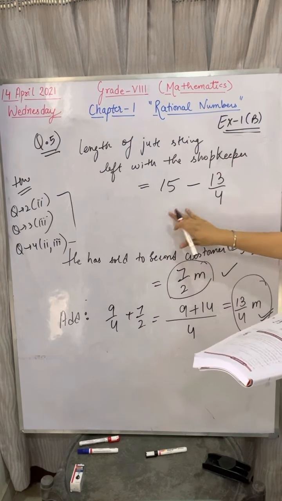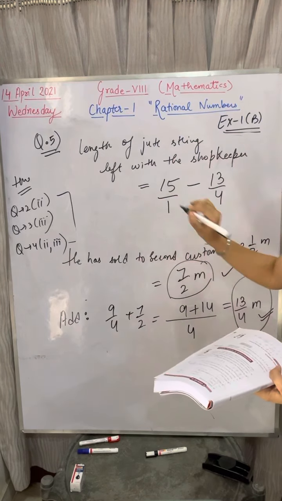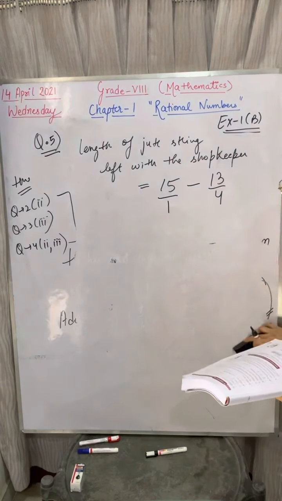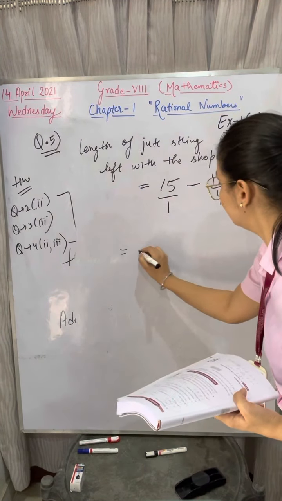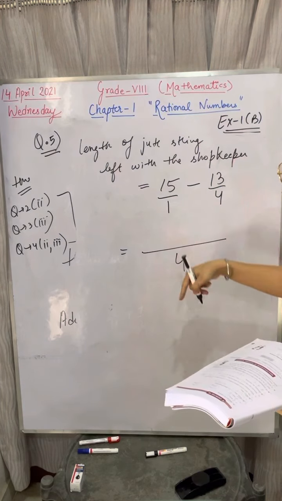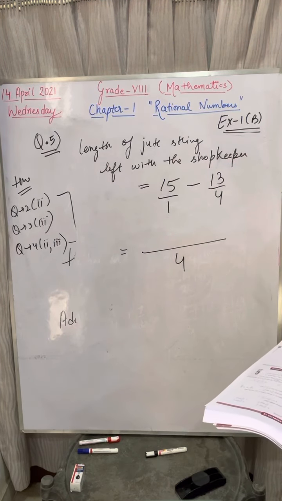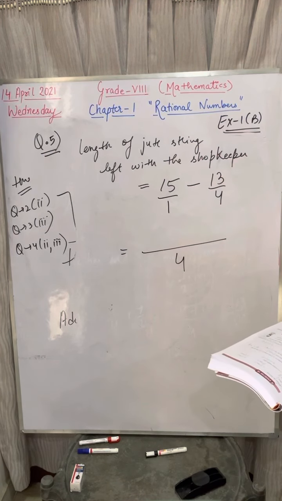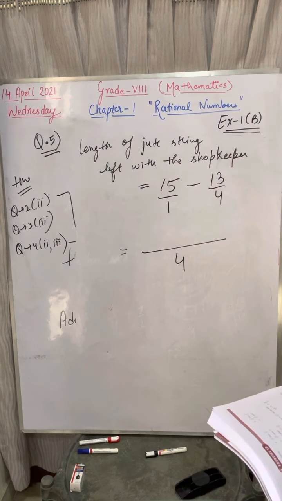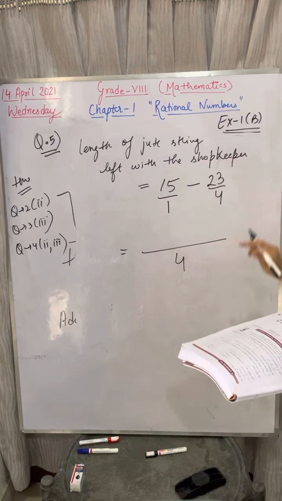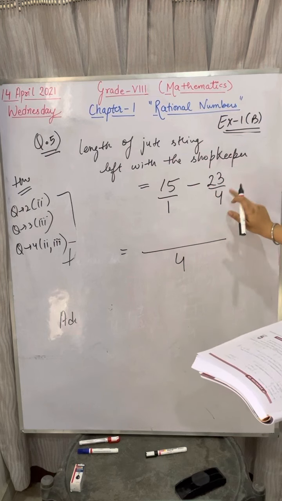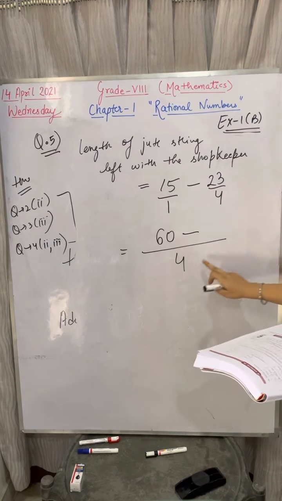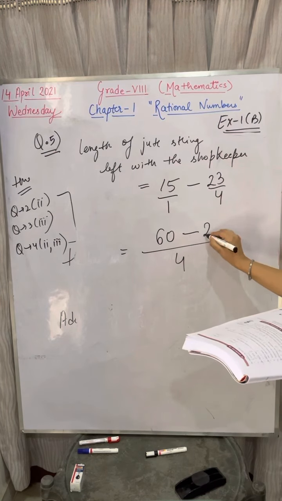Okay, you have to subtract this and this. 15 means 15 upon 1. If nothing is given in the denominator, that means it's 1. Now subtract, take out the LCM. LCM is equal to 4. 1 fours are 4, and 15 fours are how much? Yes, here it is 23, sorry. 14 plus 9 we have added to get 23. 15 fours are 60, very good. Minus 4 ones are 4 and 1 into 23, that is 23.